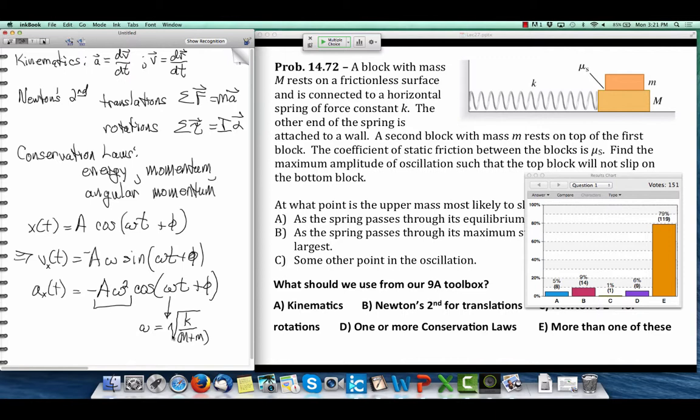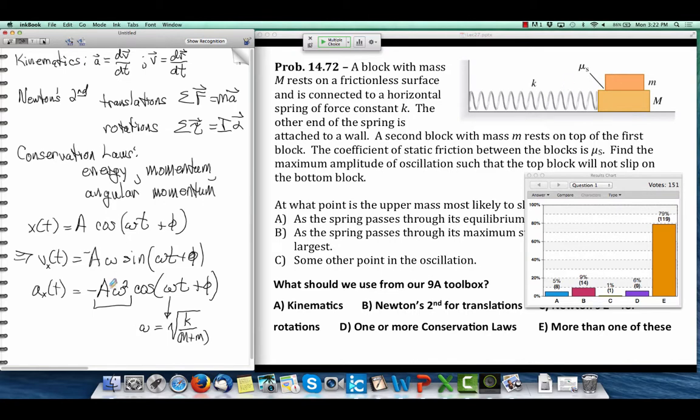And then the statement is, what force is causing this little mass up on top to oscillate back and forth, and that's the static friction force. If it doesn't slip, then the reason it doesn't slip is because the static friction force was big enough to stop it. But there's a maximum static friction force, and so there's a maximum acceleration that little m can have before it slips. And because there's a maximum acceleration, so that's Newton's second law that we're talking about there, there's a maximum acceleration